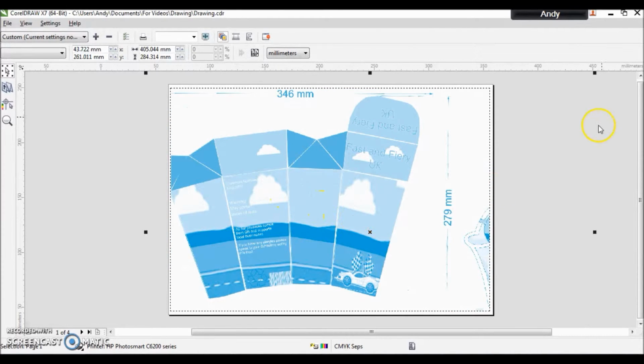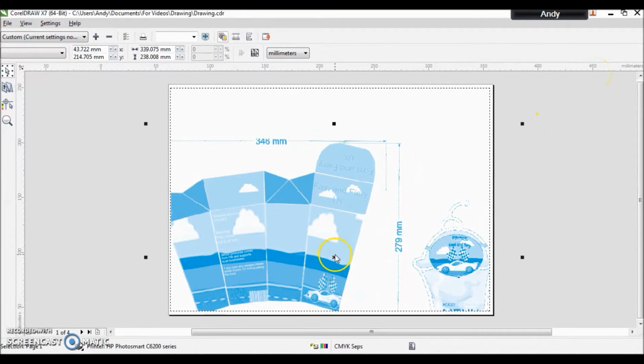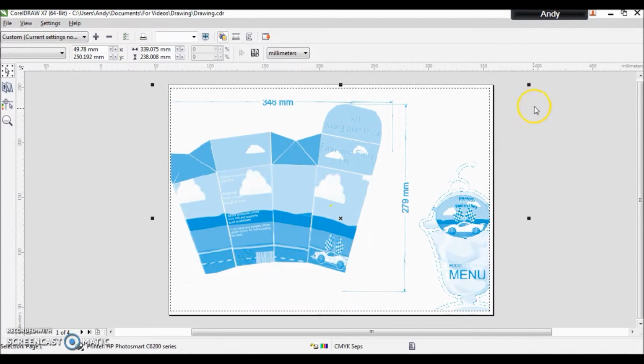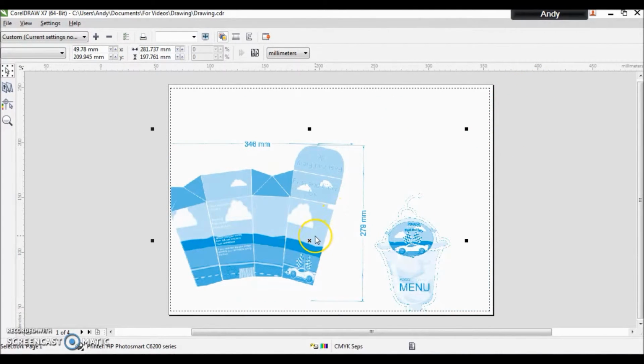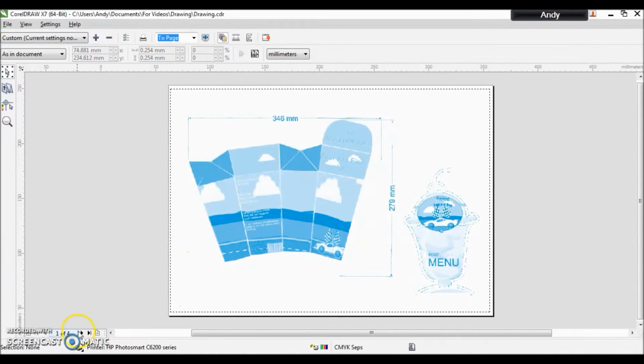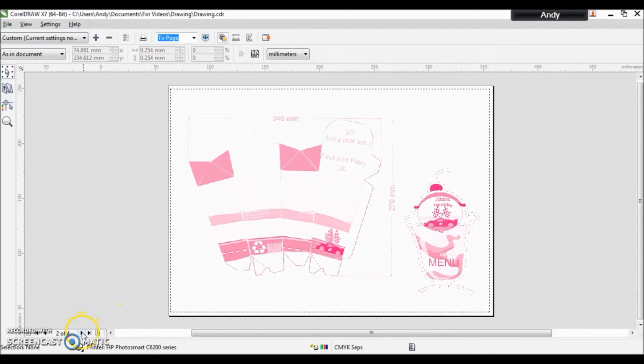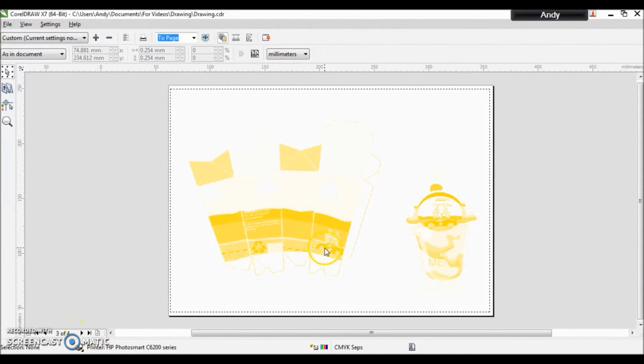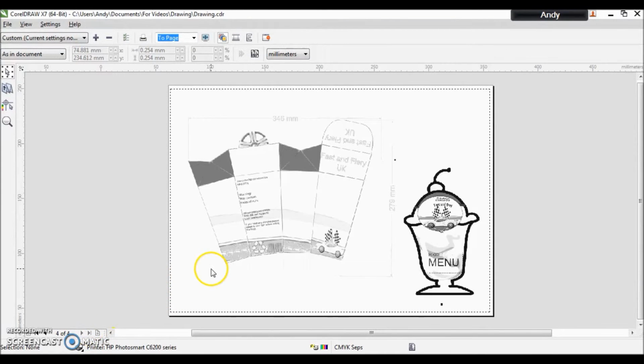So your print preview will give you 4 different pages that you can then screenshot and paste in to your commercial specification page and crop. So I will screenshot that one for cyan, I'll screenshot that one for magenta, screenshot that one and label it yellow, and screenshot that one and label it key or black. So when I say screenshot, I mean using the print screen button on your keyboard to take a photograph of the screen, and then you have to close down the preview